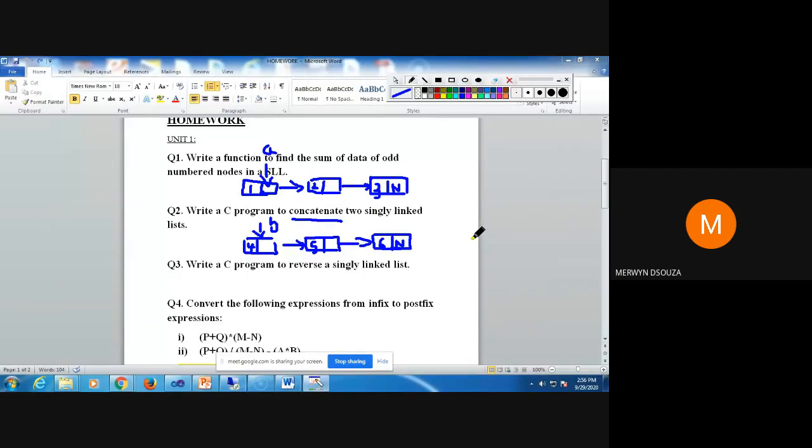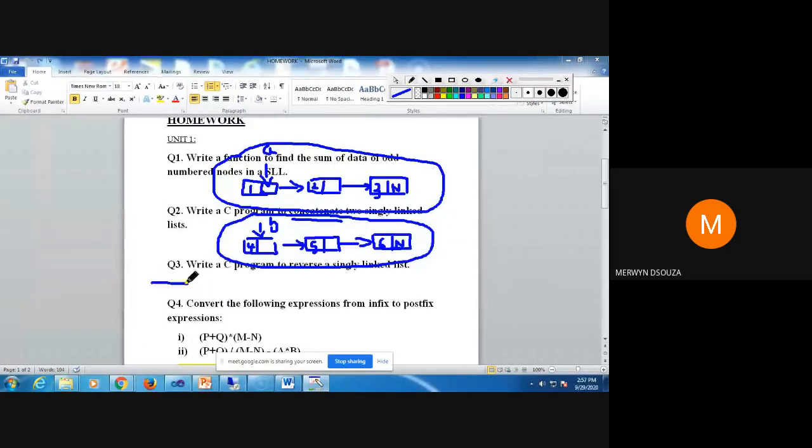By concatenate, what I mean is, in this example you have three nodes in singly list A, and another three nodes in singly list B. So by concatenate, you're going to merge both these lists. So you're going to have the list A nodes, the three nodes of list A. This is A. So the data is like this, followed by the list of B.